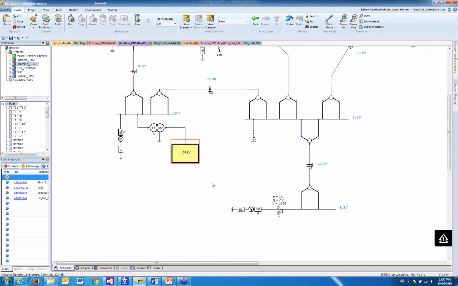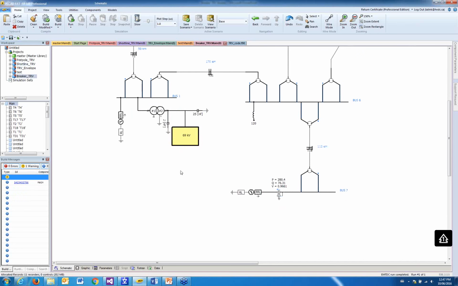So with this, I think we have demonstrated two very simple scenarios, terminal fault and short line TRV issue, and we demonstrated one mitigation method for the terminal fault TRV issue by adding a surge capacitor. With this demonstration, I think it is time to stop, and if you have any questions,